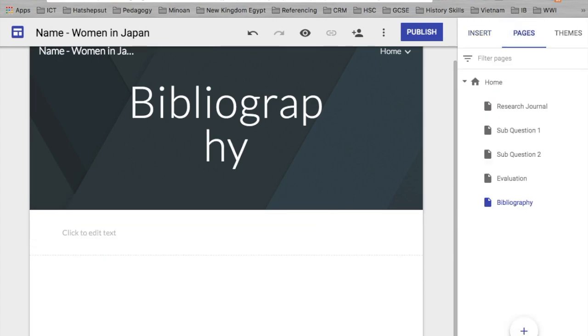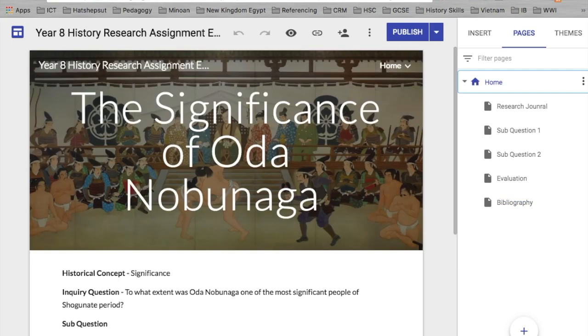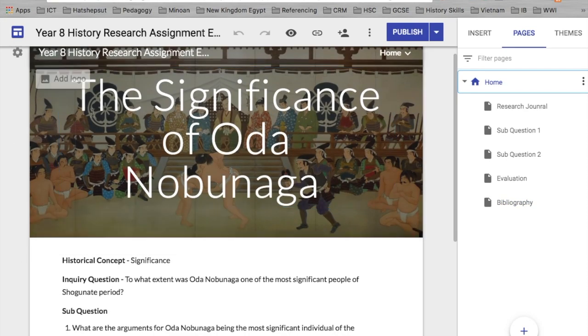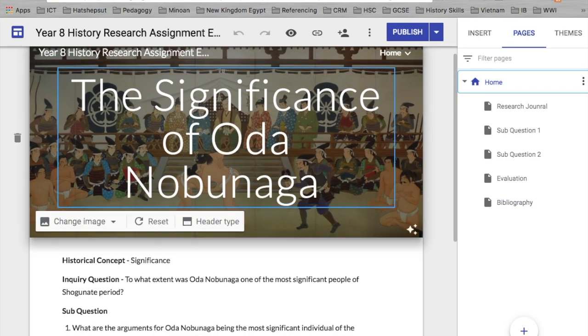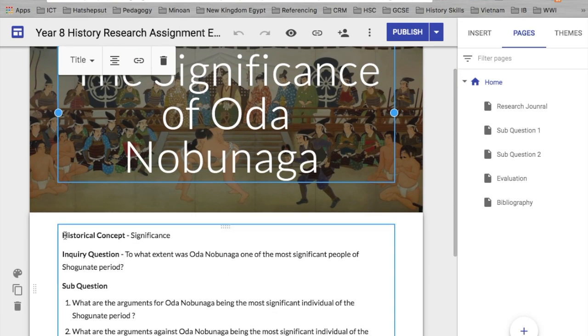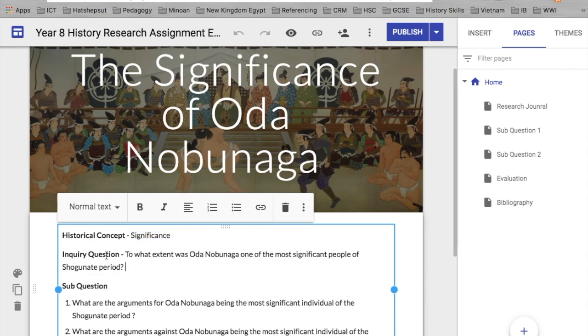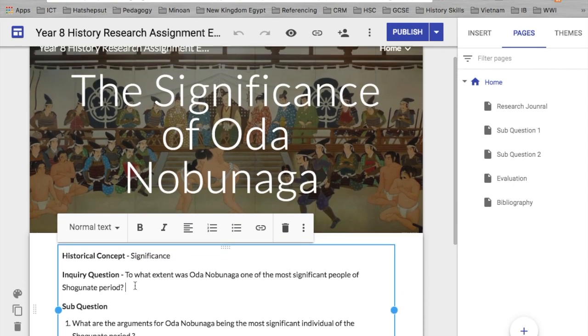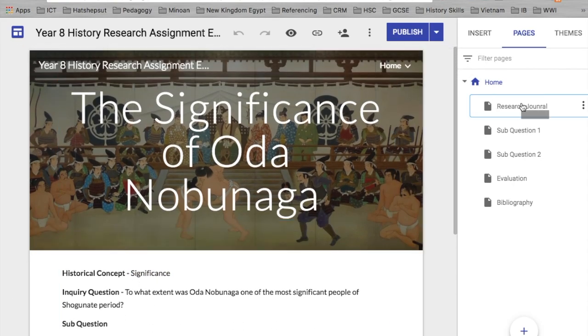So what that looks like in a complete example is something like this. So I've called this my exemplar here, the significance of Oda Nobunaga, typed in my historical concept, which was significance, my inquiry question, and my two sub-questions. Then I have my sub-pages. You can see my